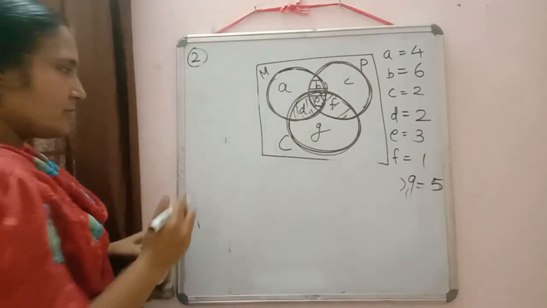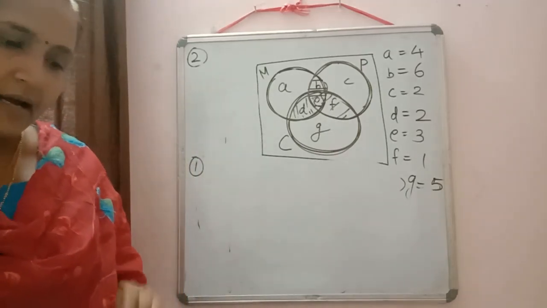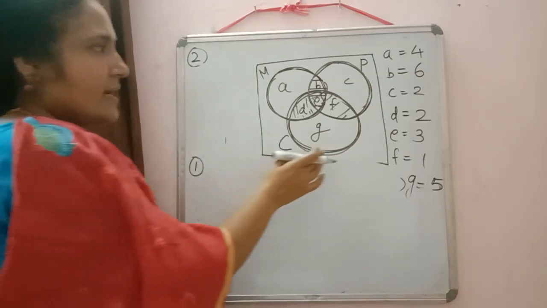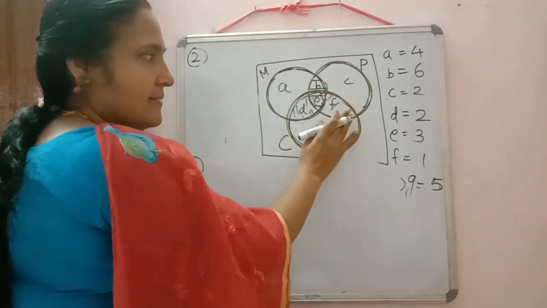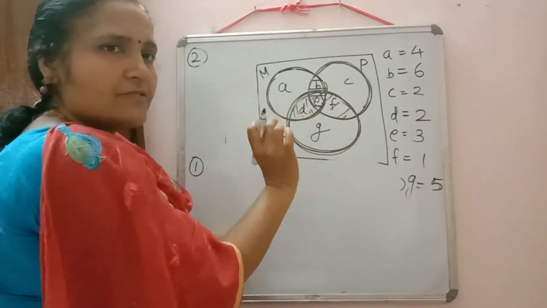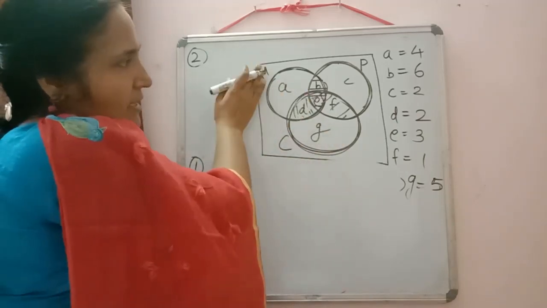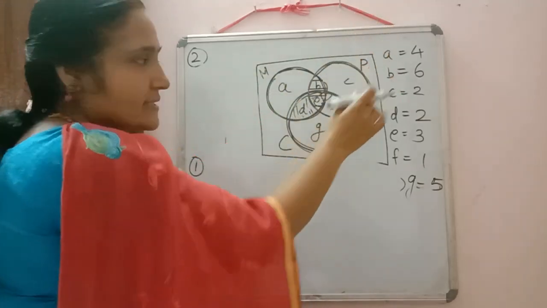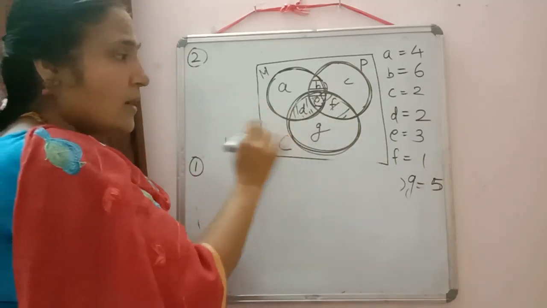So now the first question. In the first question we want the number of students who have taken only chemistry, no other subjects. So just check the region represented by chemistry. Here, this is the region which represents chemistry. So in this region, can you tell me which letter represents the number of students who have taken only chemistry, no other subjects? Here some students have taken maths. Here some students have taken physics. So which region? Yes, the region G represents the number of students who have taken only chemistry.